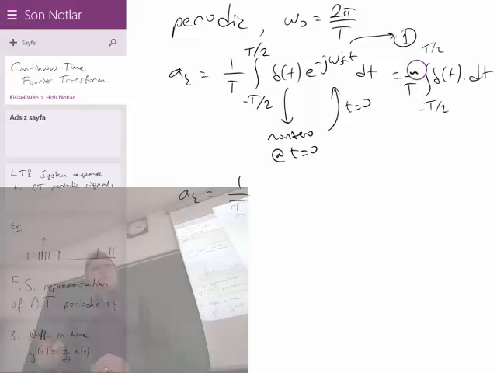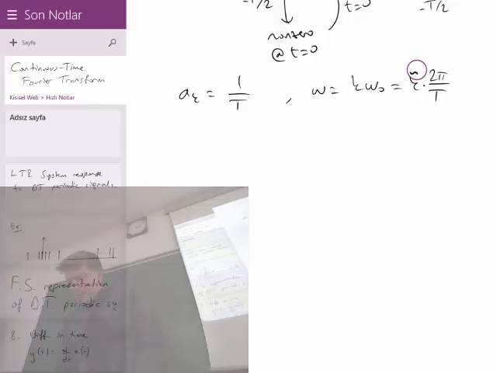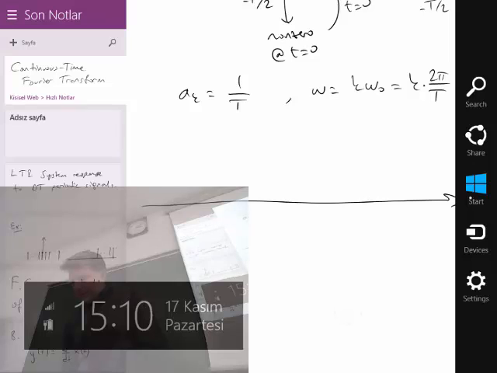What are the corresponding frequencies for a_k? The corresponding frequencies are omega equal to k times omega 0, or k times 2 pi over capital T, that was omega 0. So how am I going to draw this? Its plot is fairly simple. On the frequency axis,